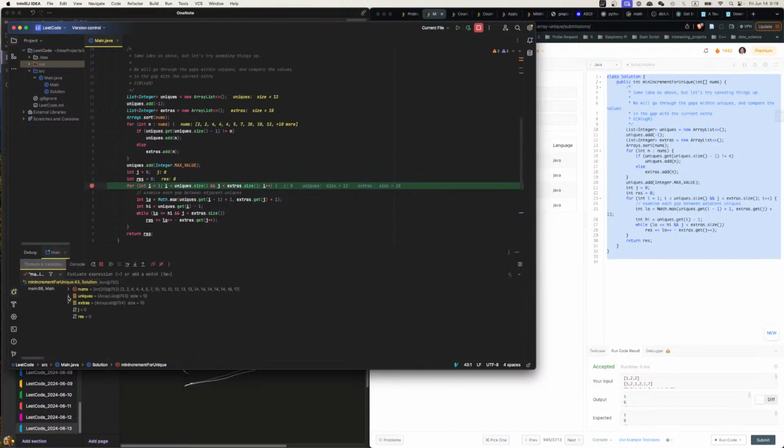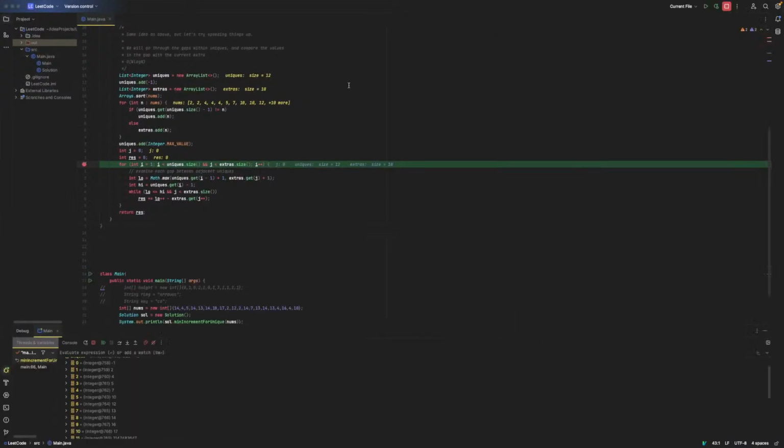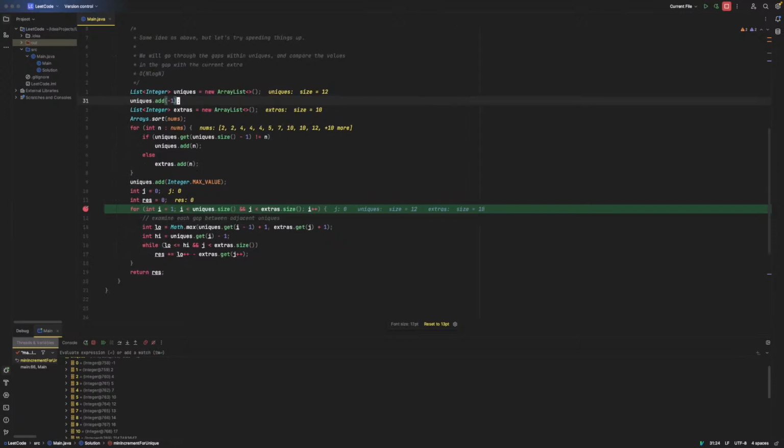All right, uniques. 2, 4, 5, 7. Extras. Bunch of 14s. Okay. So let's run this. This is F8. Also make it bigger. Can we make it bigger? Yeah. All right. So the first one we are going to encounter,